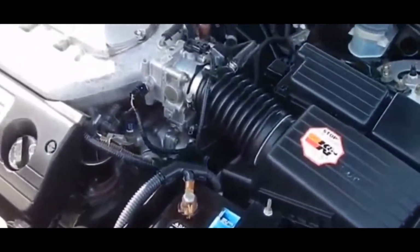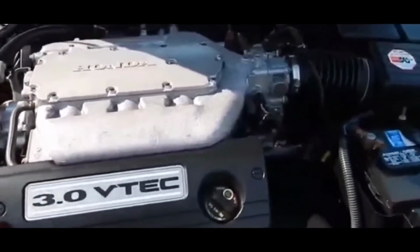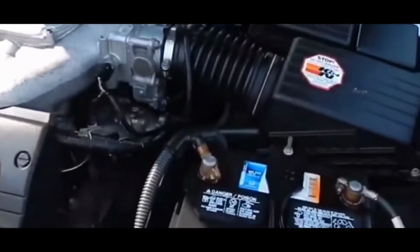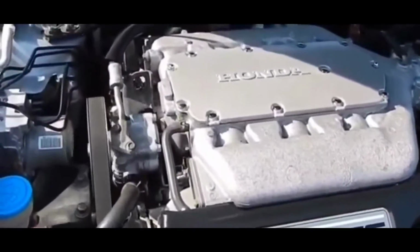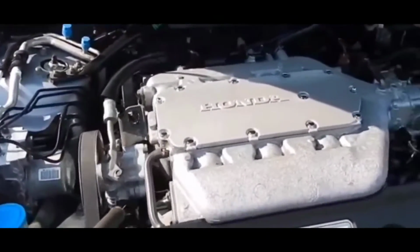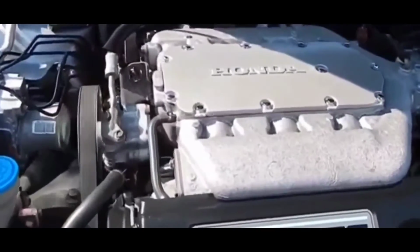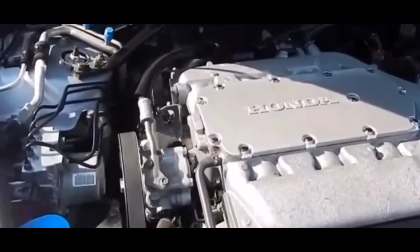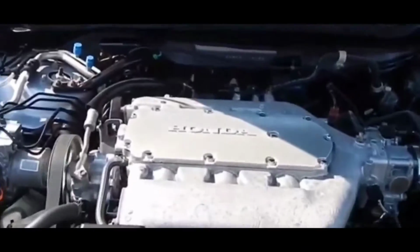A lot of times those issues are essentially connected to hard starts. Your car has a crank no start condition. A lot of these things could be caused by so many other things. However, a lot of times, if you have one of these situations with the mass airflow sensor, normally what happens is you're going to get a check engine light. There's a code for the mass airflow sensor being bad or not working correctly, and there would be error codes associated with that. But essentially, if you're trying to figure out whether the mass airflow sensor is what is causing your car's issues,